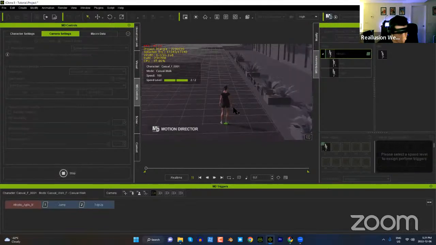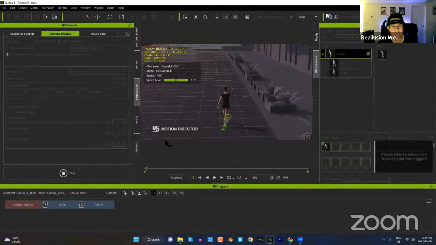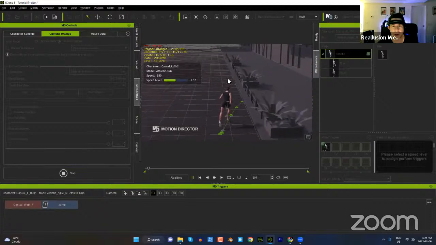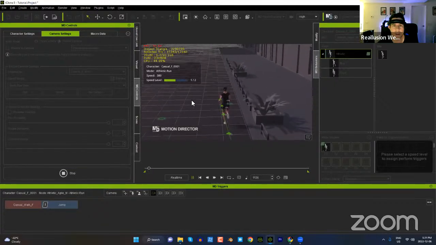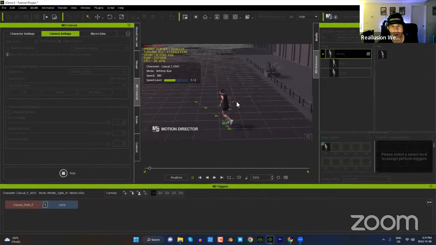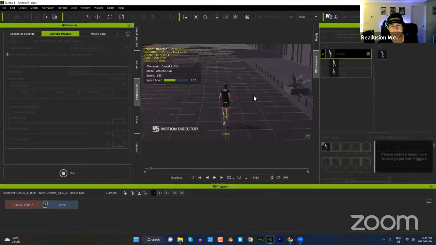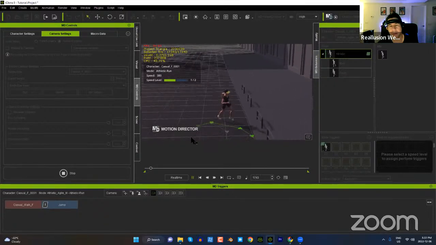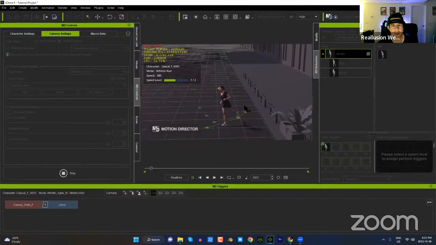And if you hold Alt and you left click your mouse, you'll see it'll create a green dot up there. Let's actually change to the athletic one here. Let's use a lower speed there. So if you hold Alt and left click, your character will basically go to that spot. Now, if you're holding Alt and left clicking, your character will go to all the different points in sequence. Okay, so she'll go to that one first, and then go to this one, and then this one, and then